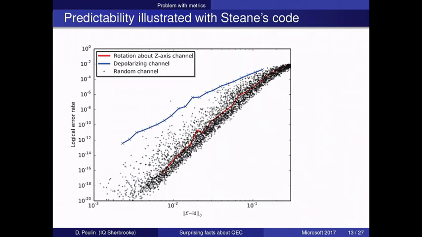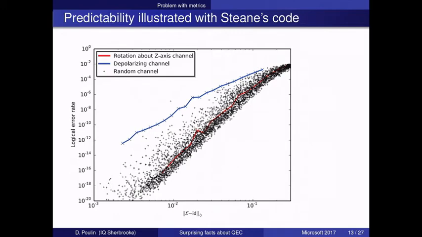So here's how well these norms correlate. These are results of numerical simulation for the Steane code using 2 layers of concatenation. The horizontal axis is the physical noise rate, what I've been calling epsilon, as measured by the diamond distance. Okay, it's just one choice. Here, it's the logical failure rate, delta. And up here, this blue line is the depolarizing channel. The reason there are little statistical errors is because I need to sample many, many syndromes. So there are statistical fluctuations, but nonetheless, it's fairly convincing that we get a fairly accurate result.